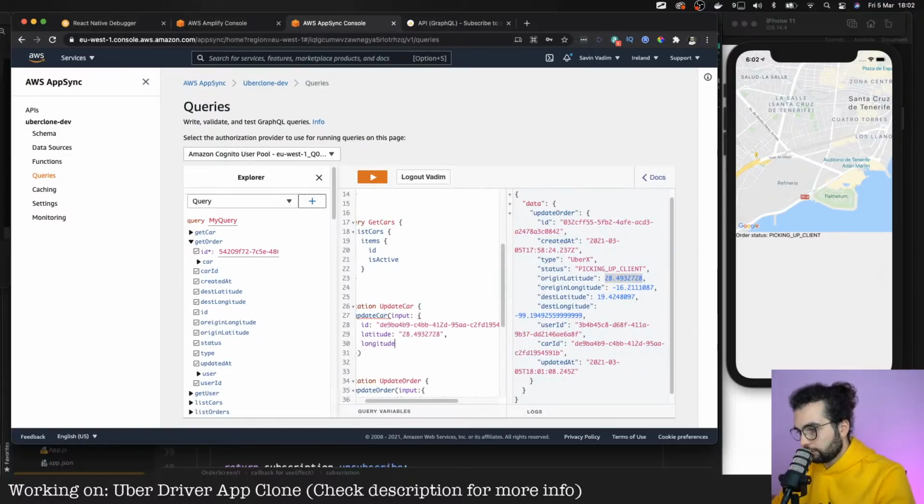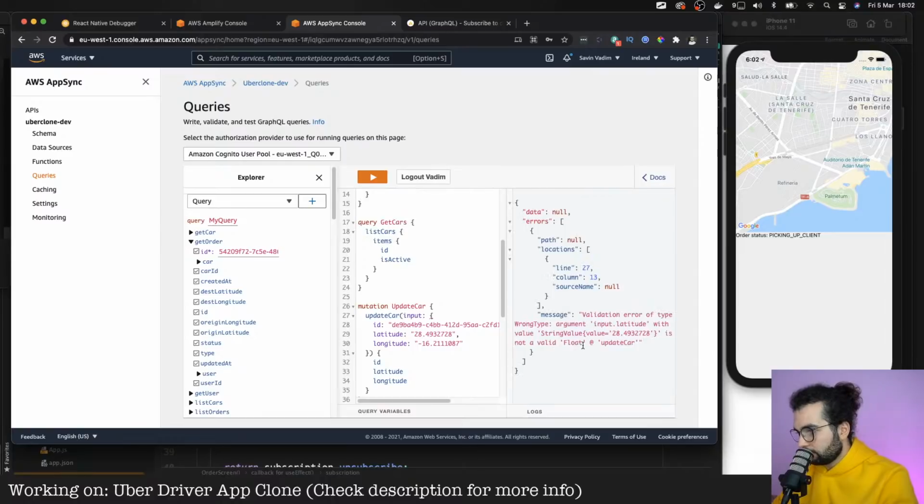And longitude is going to be this one. Let me run the update car.